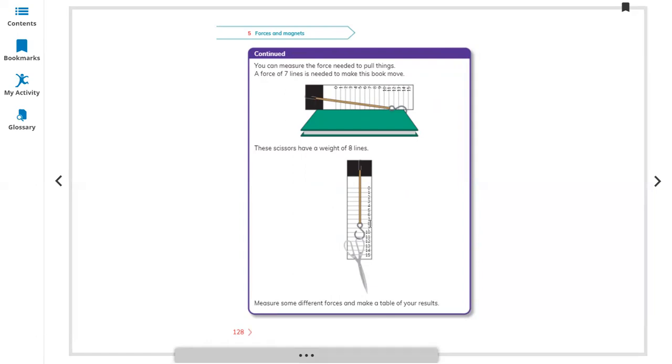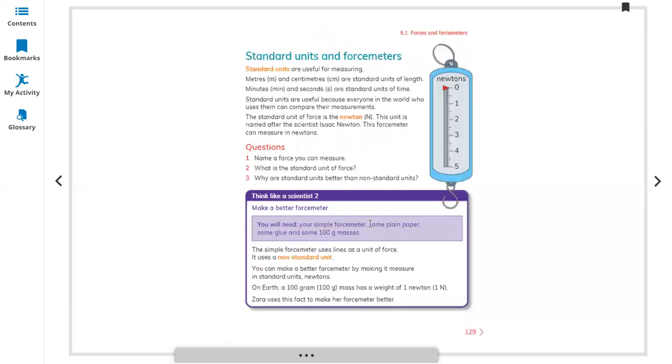Measure some different forces and make a table of your own results. Hang some different things which can easily be hung, and then you can find how many lines, or how much force, you require to catch or pull these things. After this,